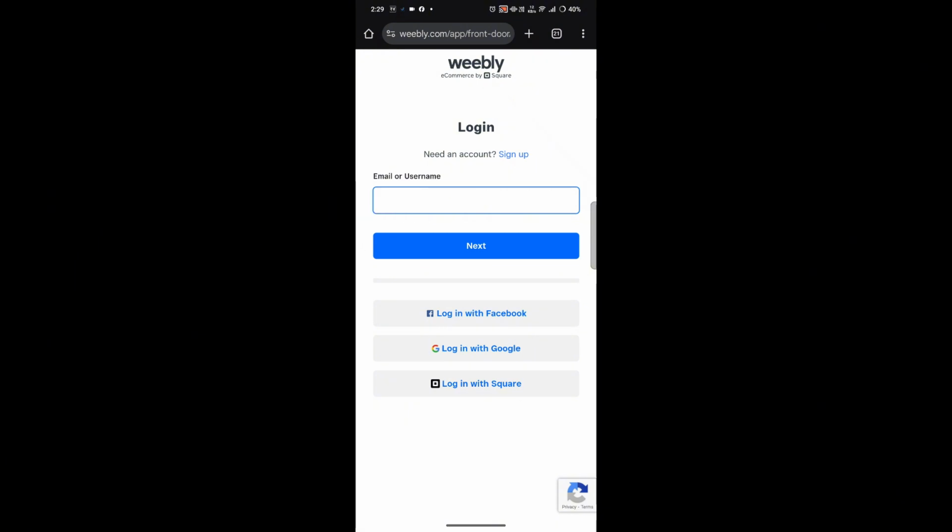If you don't have an account and you want to create a new one, click on the sign up option, and you can also use different options in order to log in. Like you can use your Facebook account, you can use your Google account, as well as you can use your Square